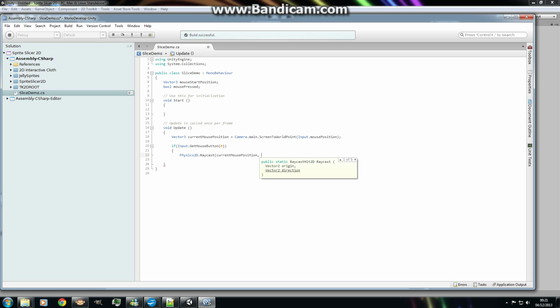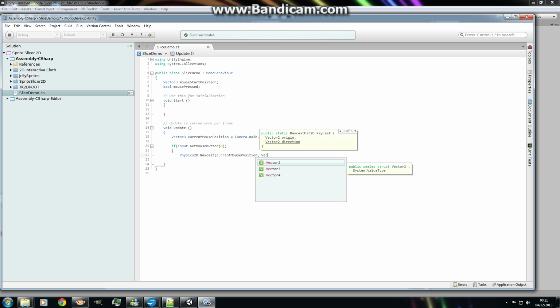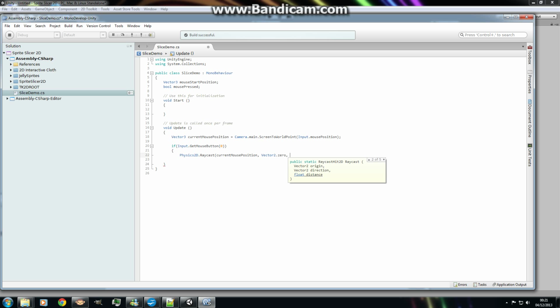Sorry, I'm trying to remember whether this needs to be world or screen coordinates. I think you just do Vector2.zero and then distance and naught. This gives us a